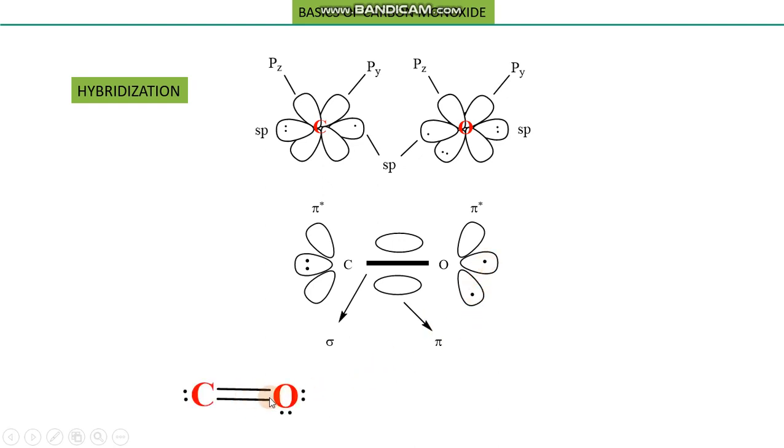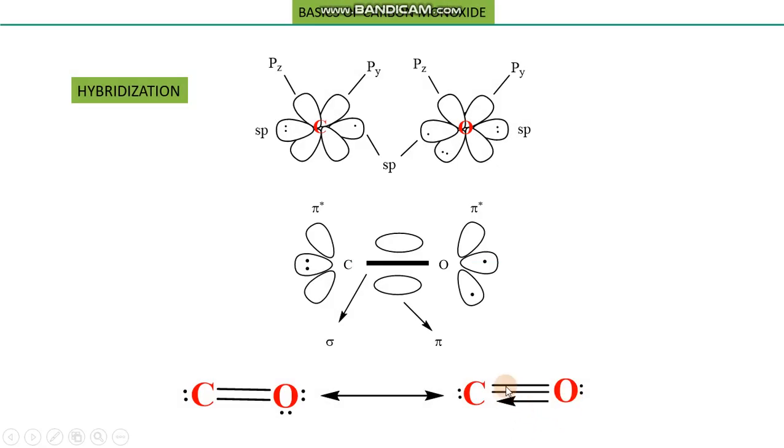Now the resonance forms of carbon monoxide: this is a double bond, which is quite clearly a pure covalent bond, because in both the bonds the sharing of electrons is 50% from carbon and 50% from oxygen, and a pair of electrons is involved in establishing the coordinate covalent bond. So the actual bond between carbon and oxygen is now a triple bond.